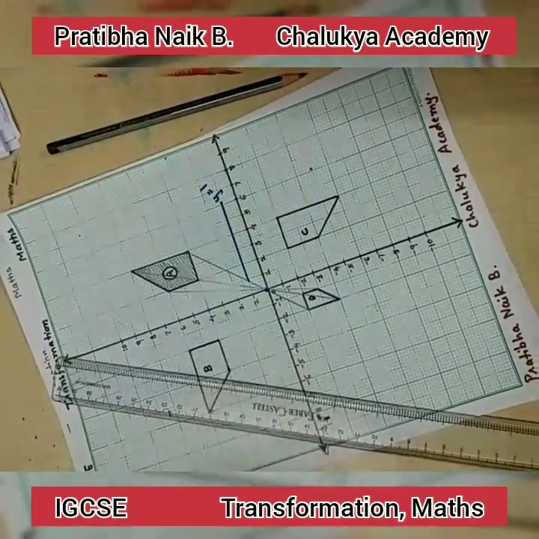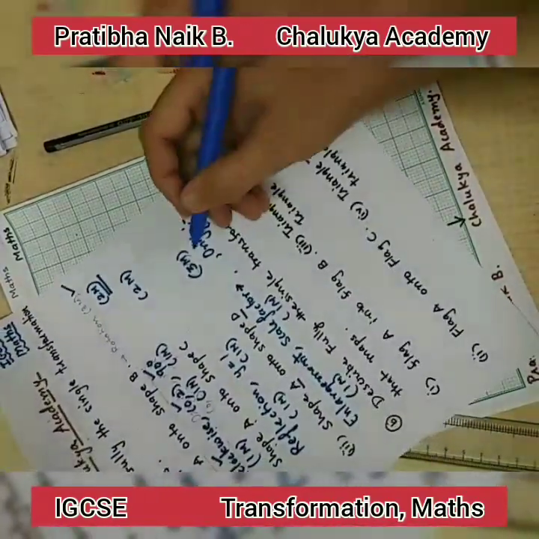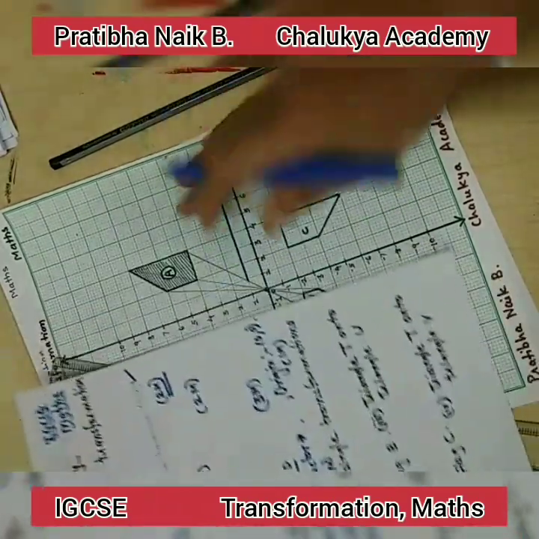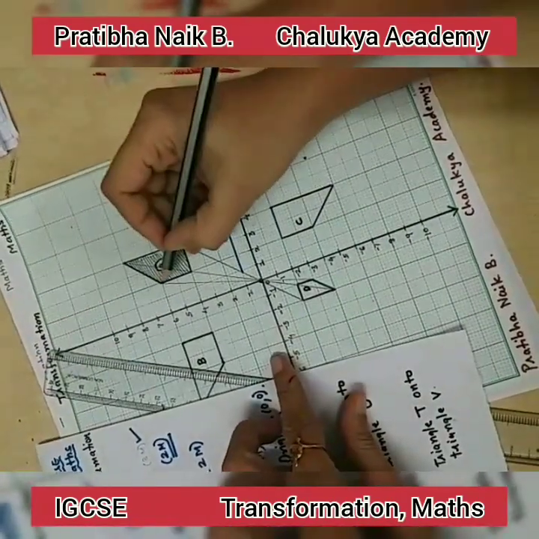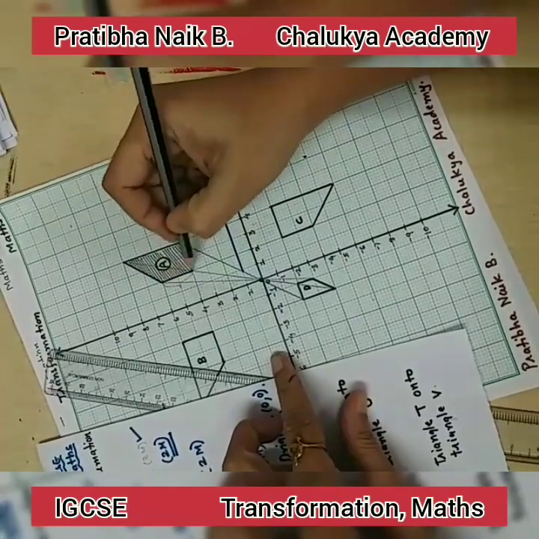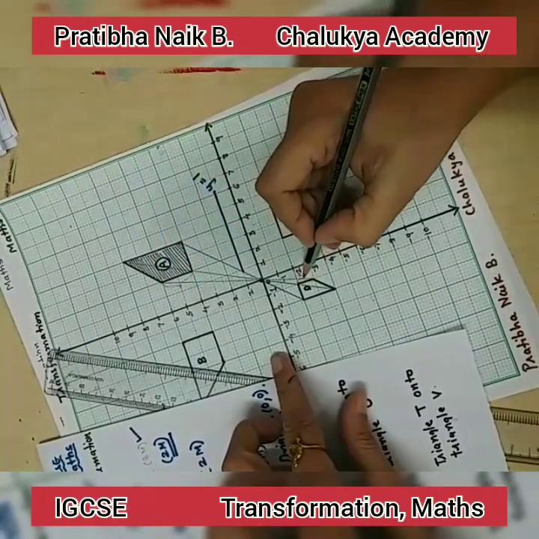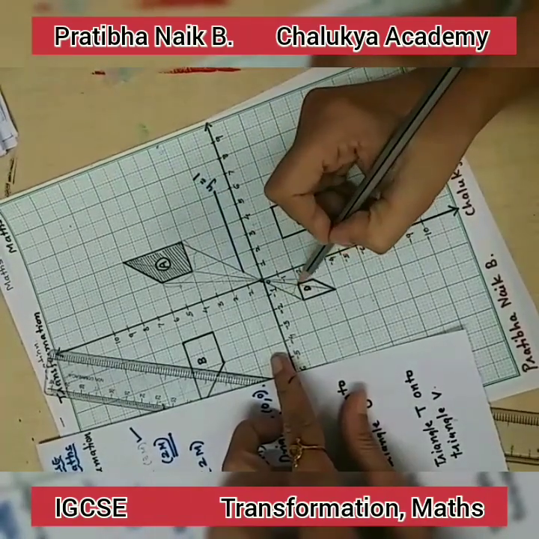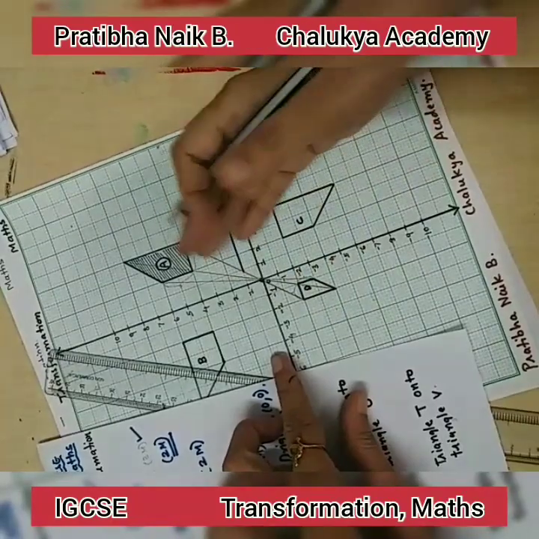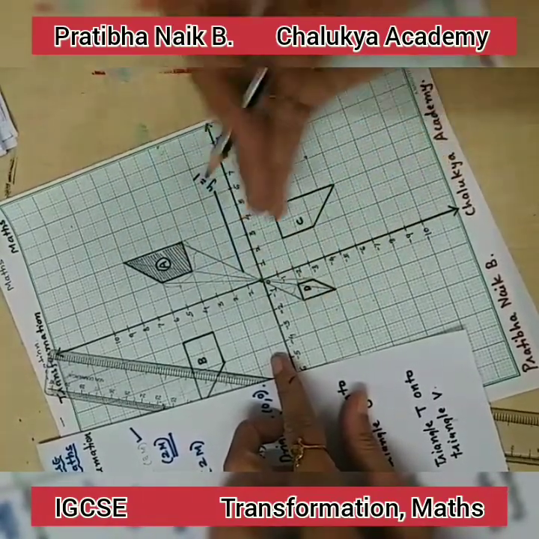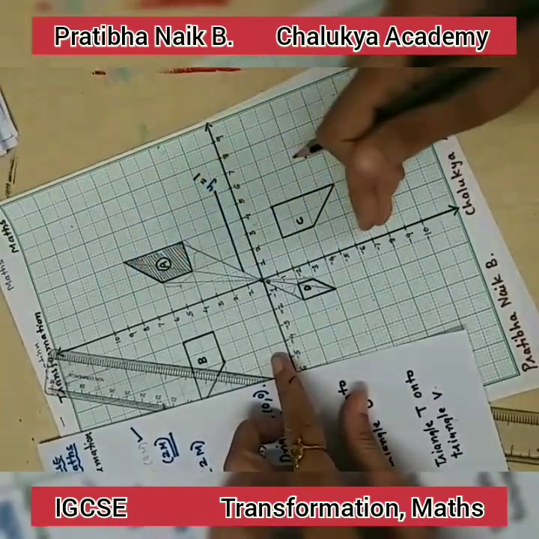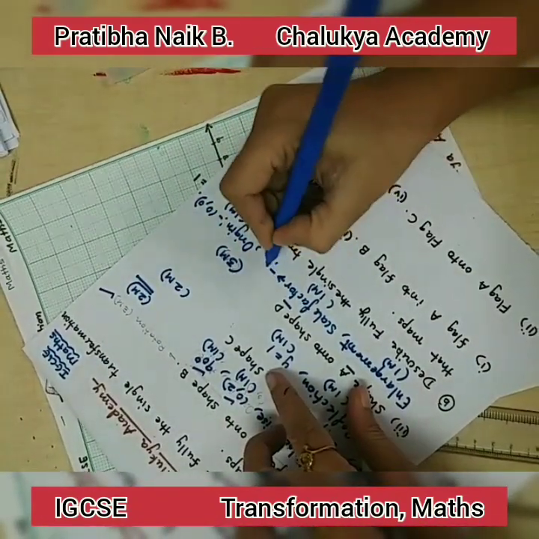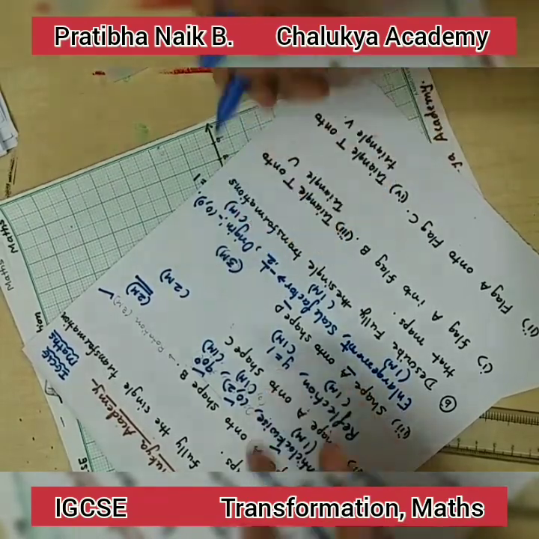So what is the origin of this enlargement? That is 0, 0. Now we have to identify the scale factor. Now you can see here, this part is covering 2 units and this part is covering 1 unit. This part is covering 2 units and this part is covering 1 unit. So you can see it is reduced. It is not only reduced by half, it is coming downwards. That means the scale factor is negative. Why minus? The scale factor is minus half.